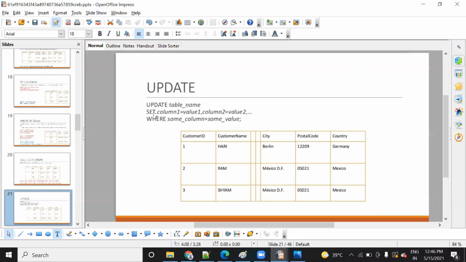So it will be column one equal to Hariharan, where customer name is equal to Hari. Where the condition is Hari you are going to update. What you want to update, you write after the set.